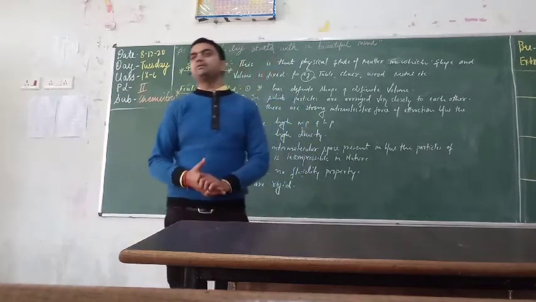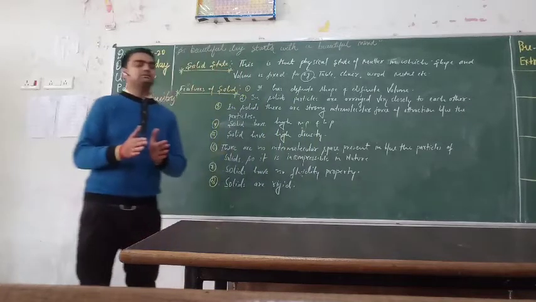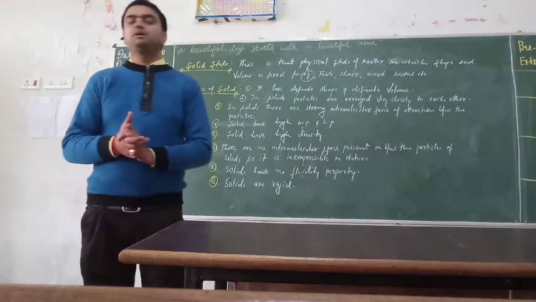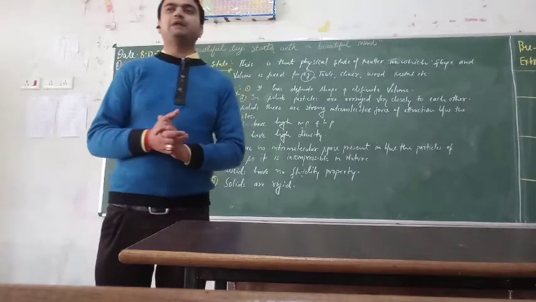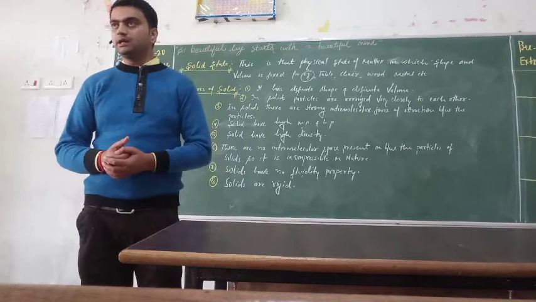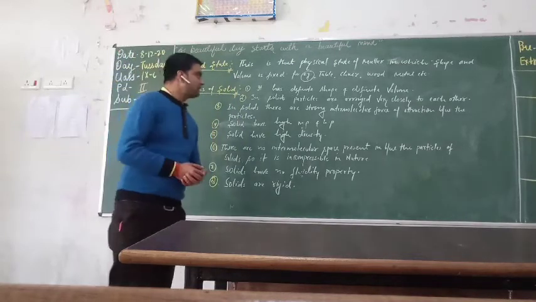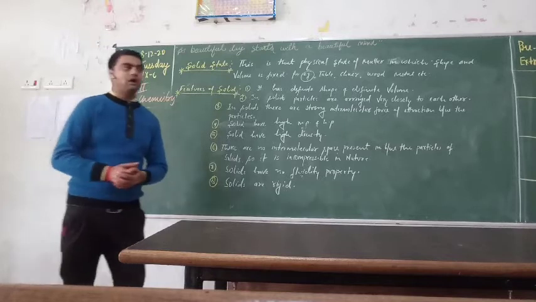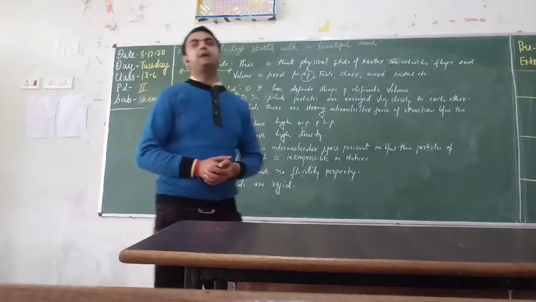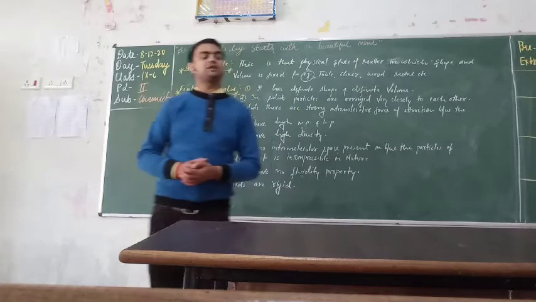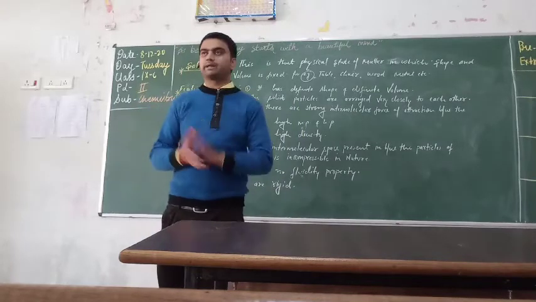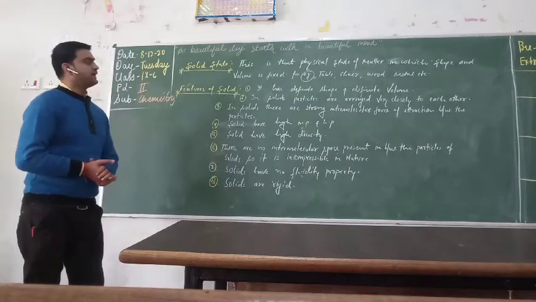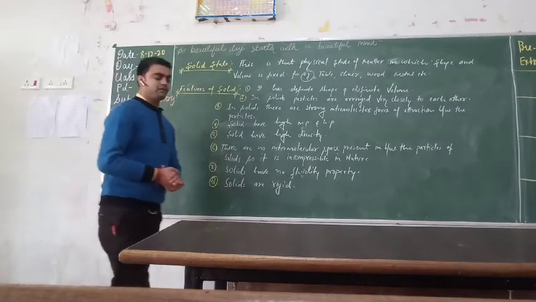Clear? So now we talk about the features of solid or the general properties of solid. Clear? You know very well that all matter is composed of particles, and these particles have definite properties. Clear? Similarly, when we talk about the solid, it will also contain particles, where particles means atoms, ions or molecules, which are also known as its constituents. Clear? So the first point for solid is it has a definite shape and definite volume.